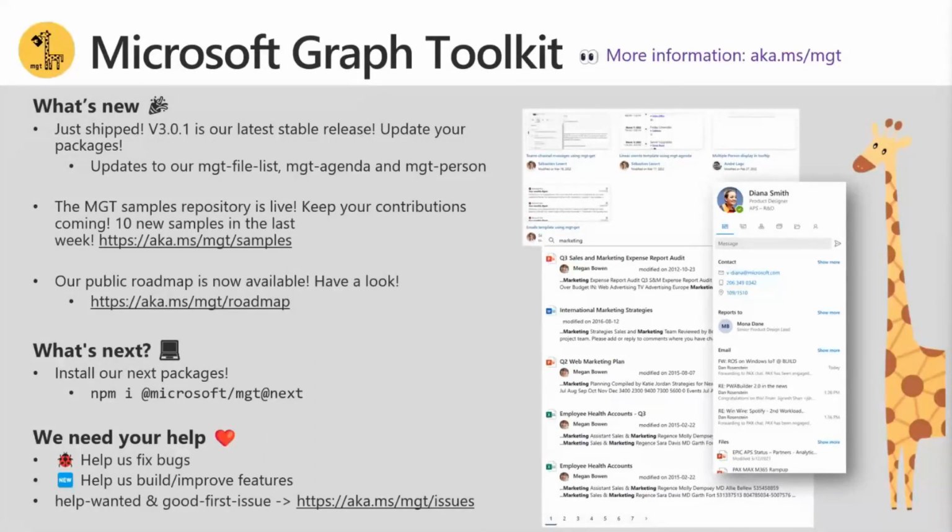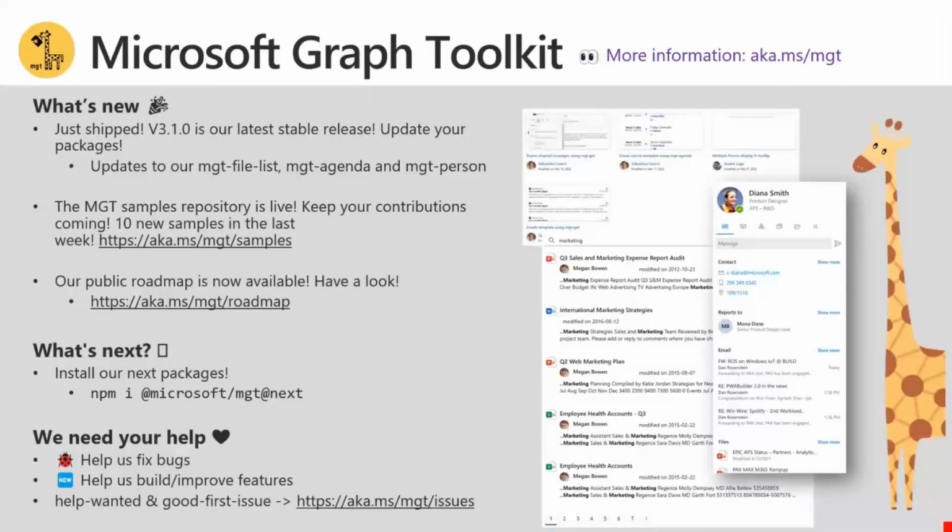We also moved a lot of our samples from our main repo, where the code of MGT actually lives, to the MGT samples repo. So you can get an overview of all the ways that you can use MGT in your app. Now we're splitting them into 2 different sections, one for complete apps or kind of simple solutions, and specific HTML templates if you want to do it in a very specific way. So we have done that. So you can go